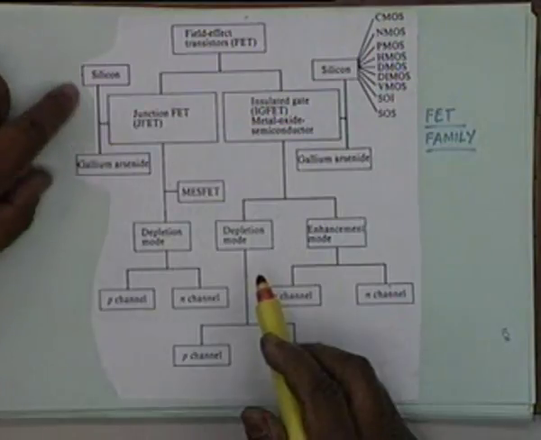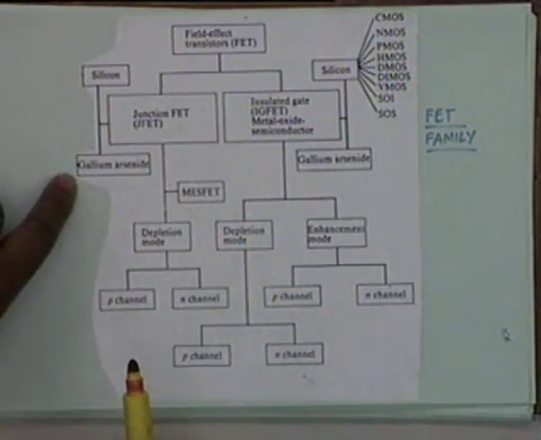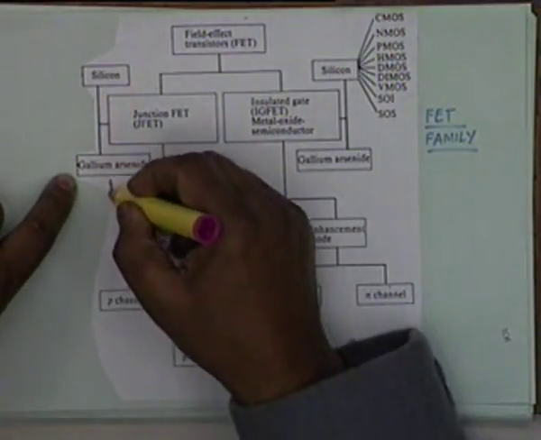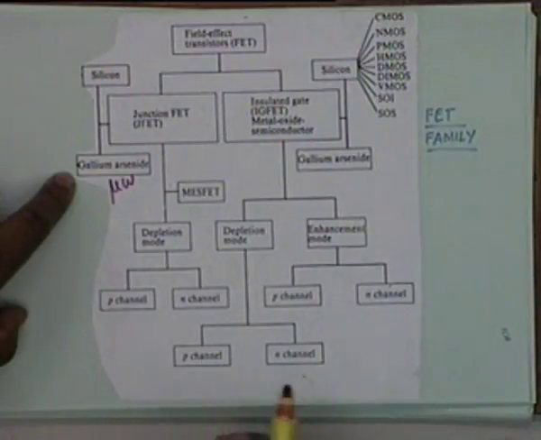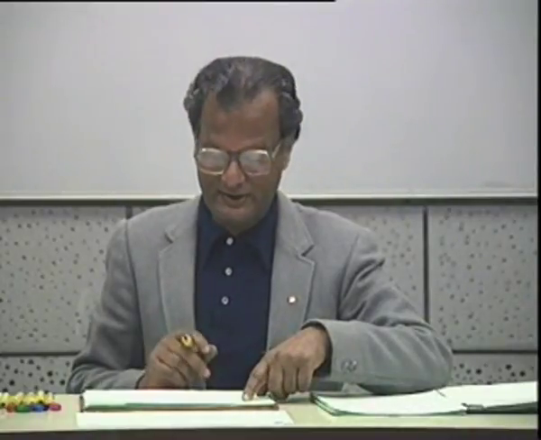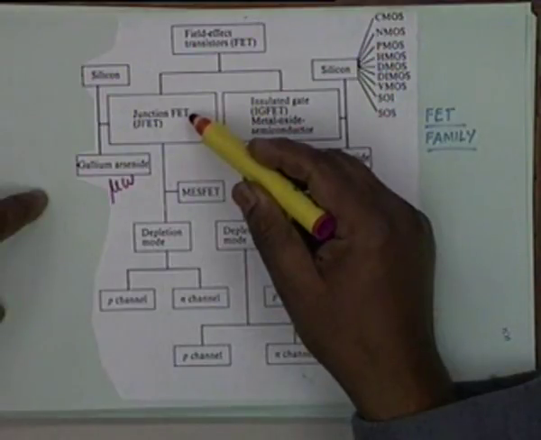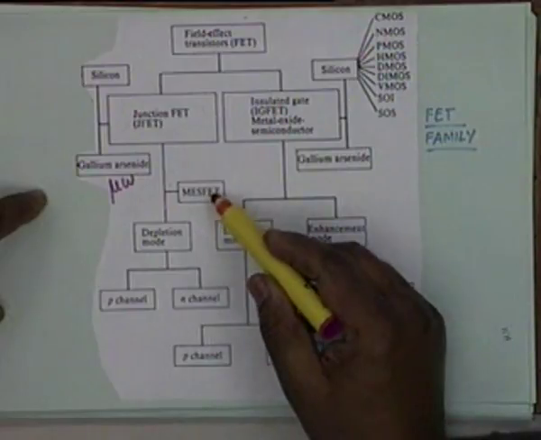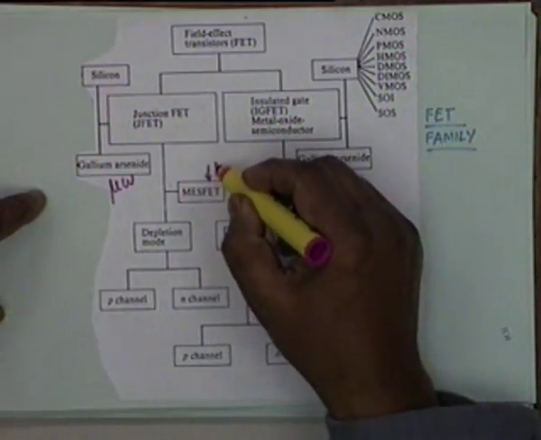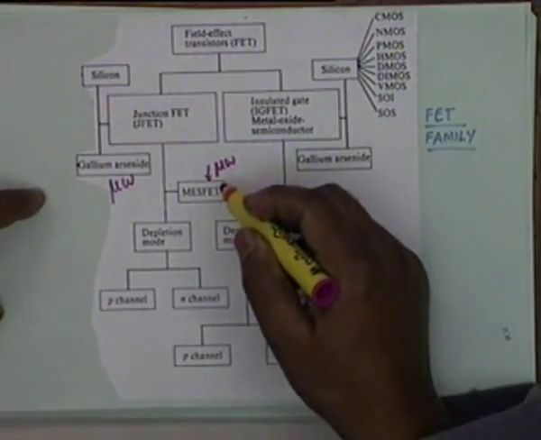Now, junction FET, the basic material can be either silicon or gallium arsenide. Gallium arsenide is mostly used for microwaves. Therefore, we shall not consider this in this class. We'll consider FETs made of silicon only. Okay, and as I said, the junction could be created either by semiconductor PN junction or by metal semiconductor junction, and this also is of major applicability in microwaves, so we do not consider this.